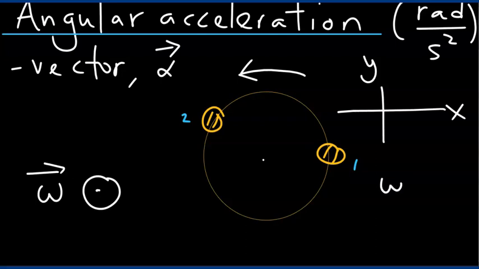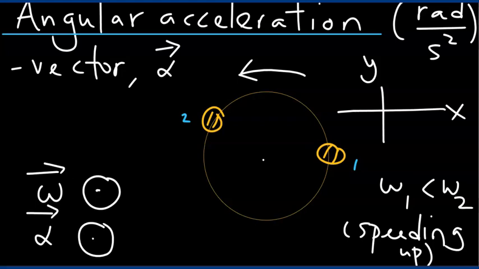So if the angular speed at point 1 is less than the angular speed at point 2, meaning the rotation is speeding up, then the angular acceleration will point in the same direction as the direction of angular velocity, namely along the positive z-axis or out of the screen. So when the object is speeding up, then these two vectors are parallel to each other, the angular velocity vector